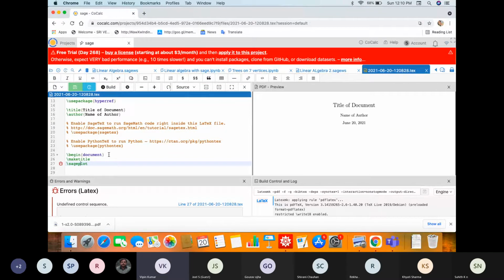Sageplot, sageplot, yeah, type brackets, braces. Now the bracket will be the middle one, curly brackets, curly braces. But it is undefined.